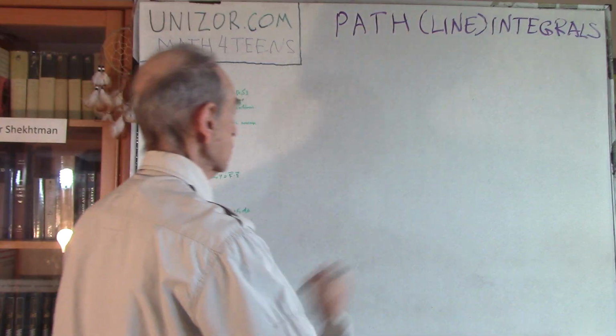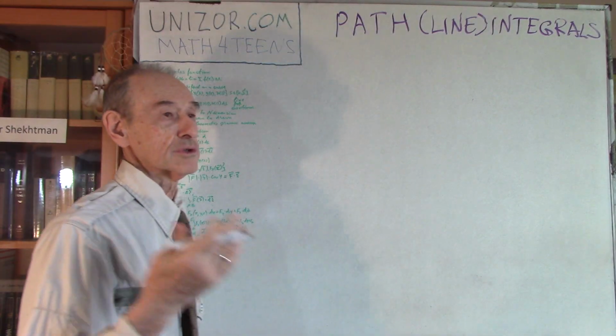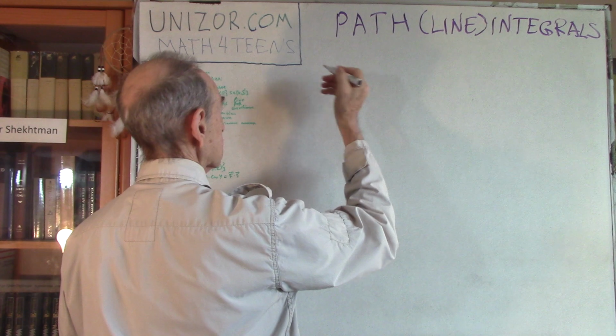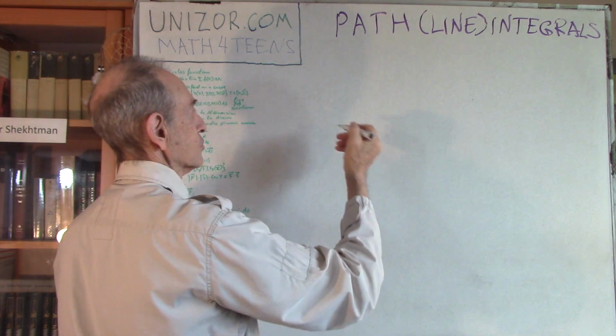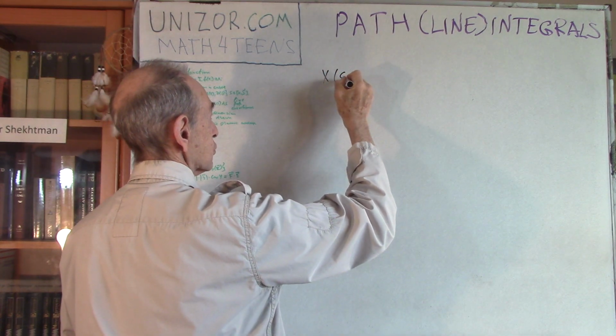So let's assume that we are talking about three-dimensional curve. What does it mean that we have a three-dimensional curve? Well, it means that we have three functions